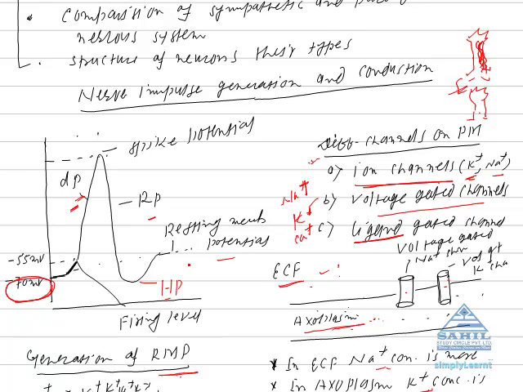When a neuron is maintaining minus 70 millivolt, it can perceive a stimulus. If the potential difference is below minus 70 or above 70 millivolt, it cannot perceive a stimulus. So how is such a resting membrane potential achieved? See,